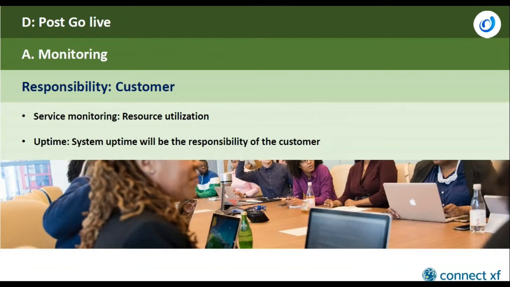Now once the URL starts pointing to BIA 3, the monitoring comes into the picture. You will have to monitor the services, resource utilization, and uptime.